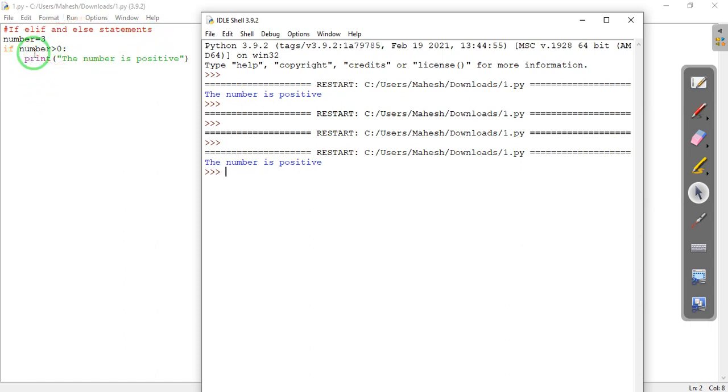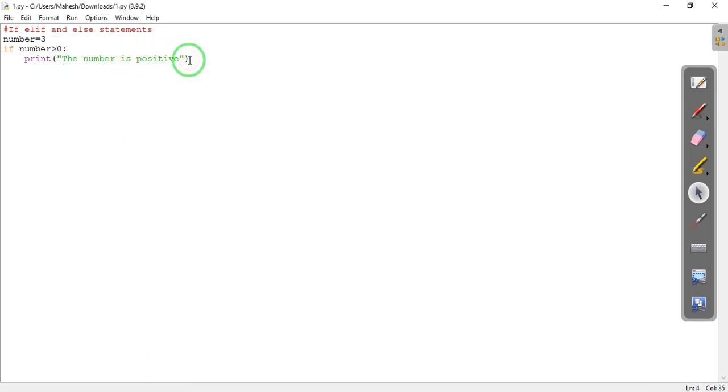Now what if the number is not greater than 0? It can be 0, so let us print that. For that, there are three possibilities. For that, let us write just else. We don't have to write any condition for else.